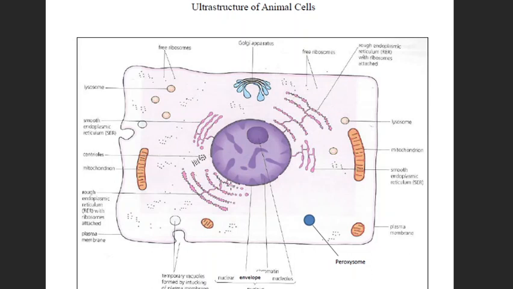Now these ribosomes, like we have discussed in prokaryotic cells, eukaryotic cells also have ribosomes. In prokaryotic cells, the ribosomes were 70S, made up of two different subunits. The smaller subunit was 30S and the larger subunit was 50S. In the case of eukaryotic cells, it is 80S, made up of two different subunits. The smaller subunit is 40S and the larger subunit is 60S. This S is the sedimentation coefficient.